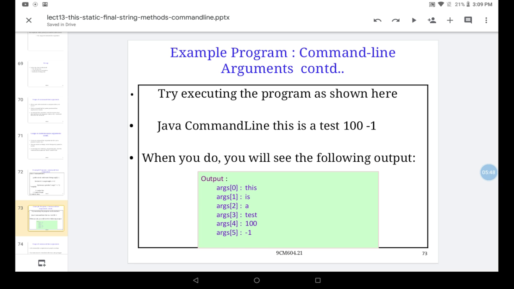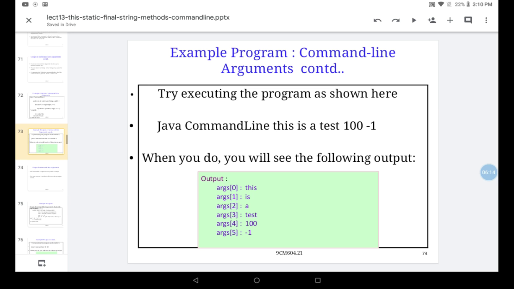So what is the output? You will see now. Arguments[0] is this, arguments[1] is the second element, arguments[2], the third element, is a. The fourth element is test, the fifth element is 100, and the sixth is -1. From 0 to 5, a total of 6 arguments are there in whatever we give on the command line. These are called command line arguments.